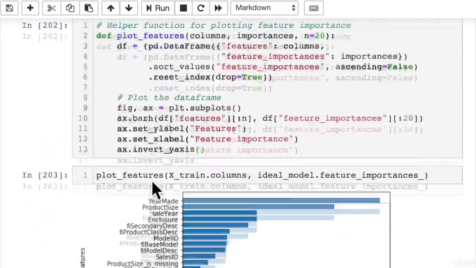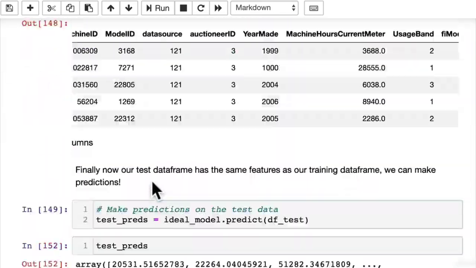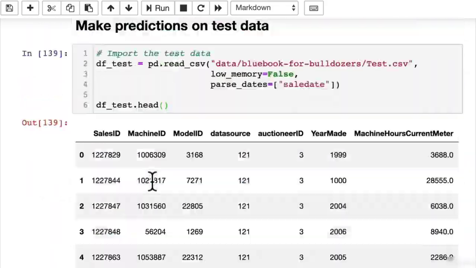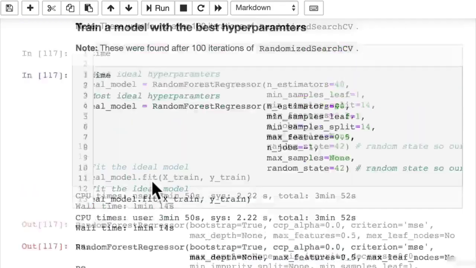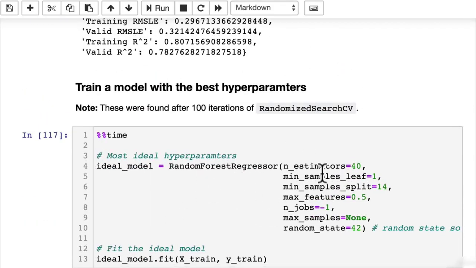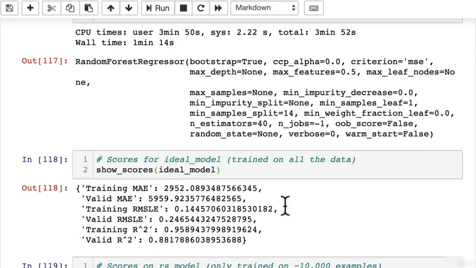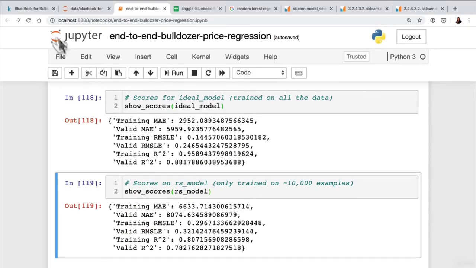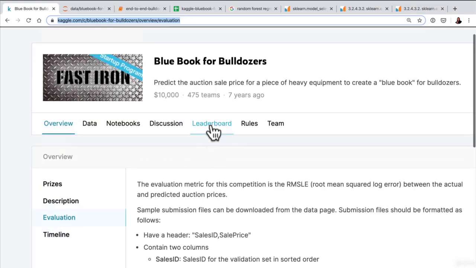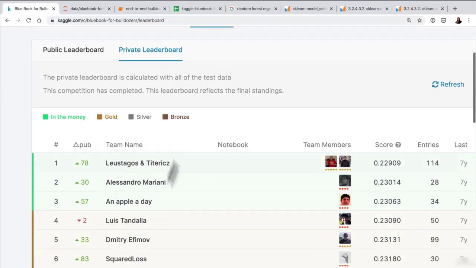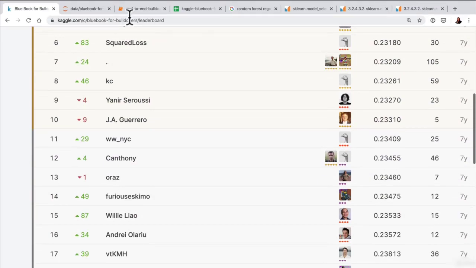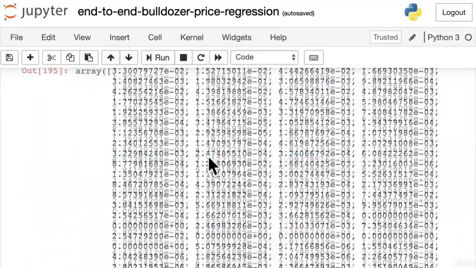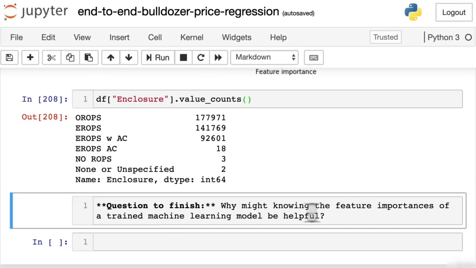What you might want to try and do, if you've followed along with all of these steps here, is see how far you can go with hyperparameter tuning. So something like this, maybe you could leave this run for a while on your computer, see what it finds, see if you can improve the valid RMSLE score, and see how far you'd get up on the leaderboard. Now, if you do reach a point where you're not really improving with a random forest model, a final extension may also be